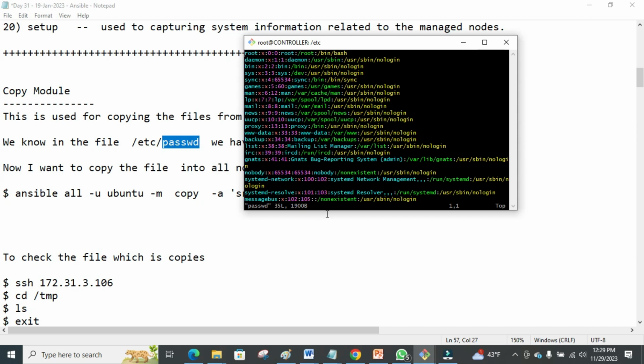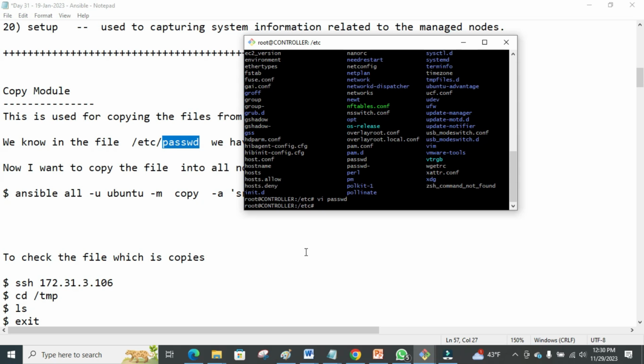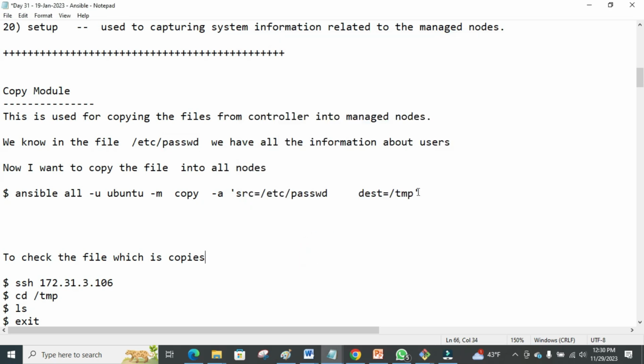So for example, they can ask us to create a user, copy the file and send it to our managed nodes. What are we going to do? We need to copy the file to our managed nodes. How do you copy the file to our managed nodes? What you do is